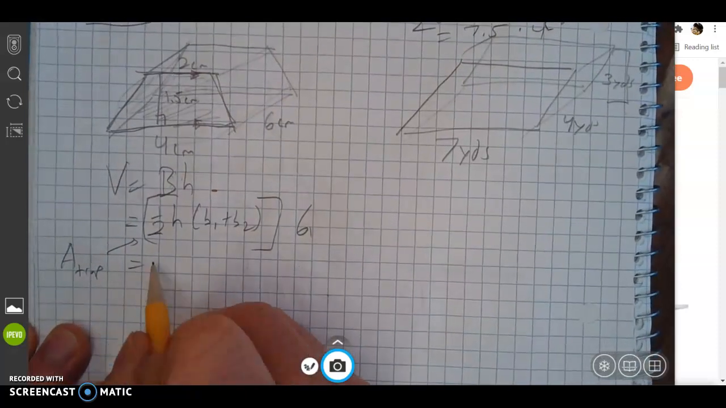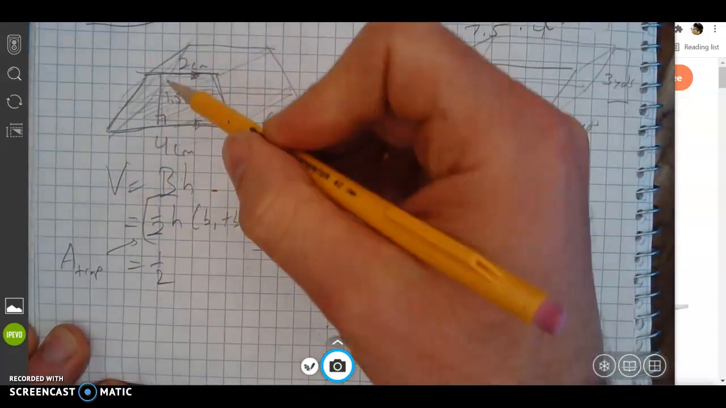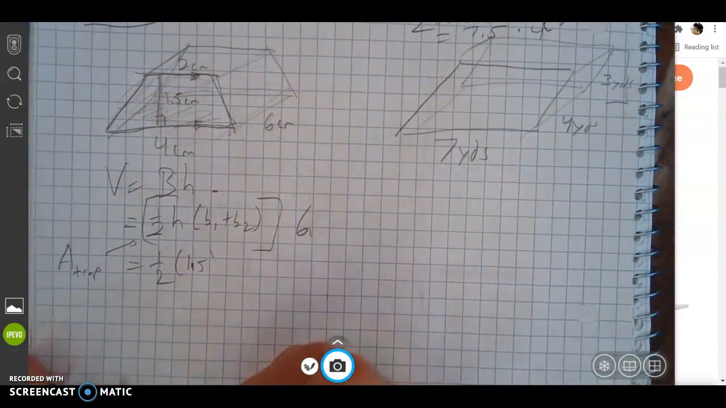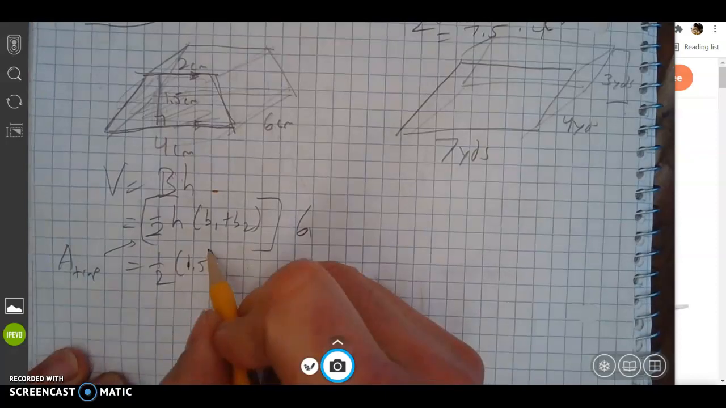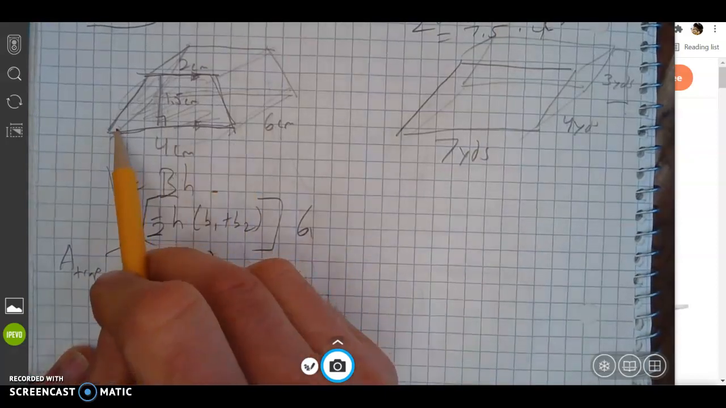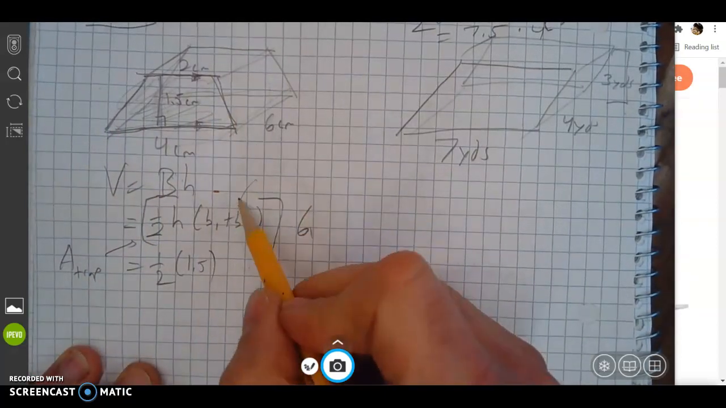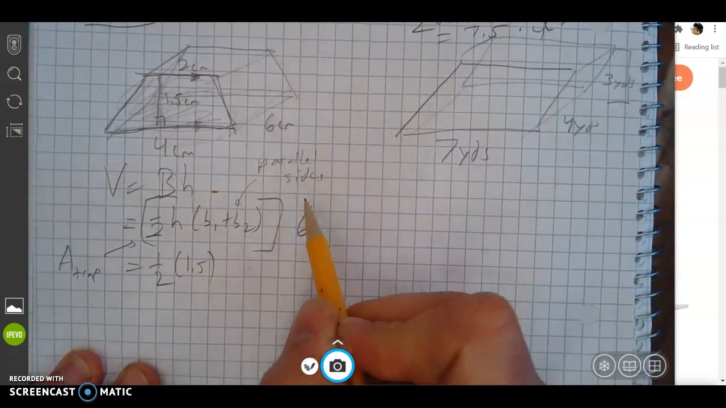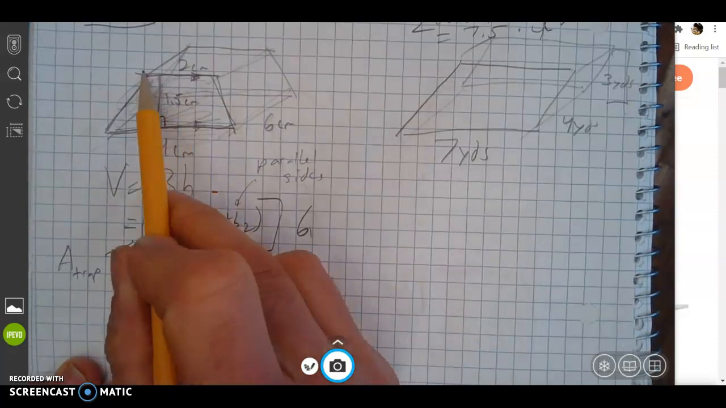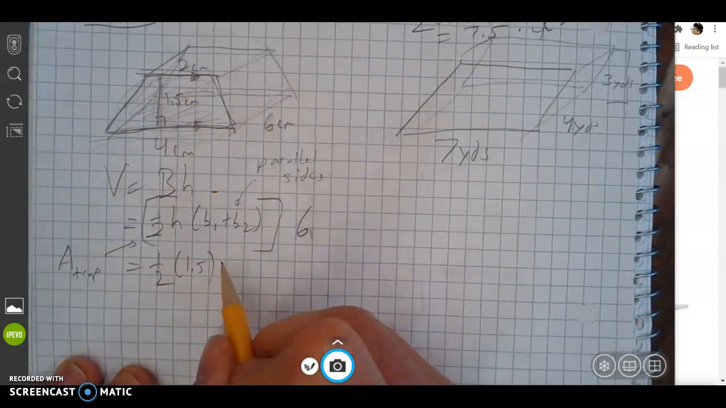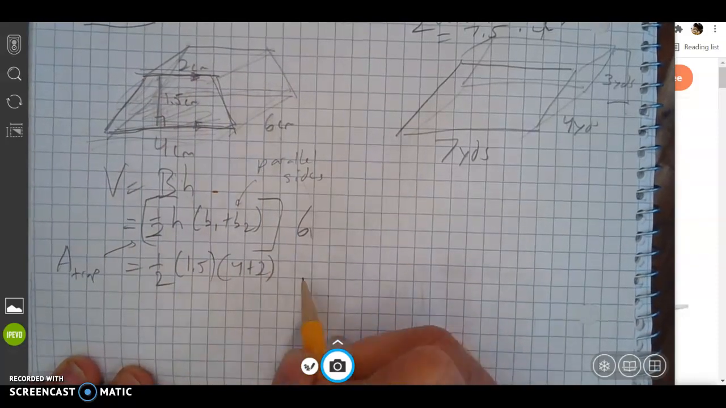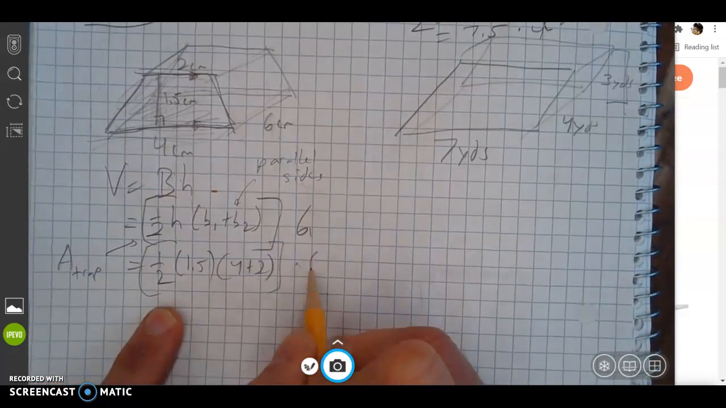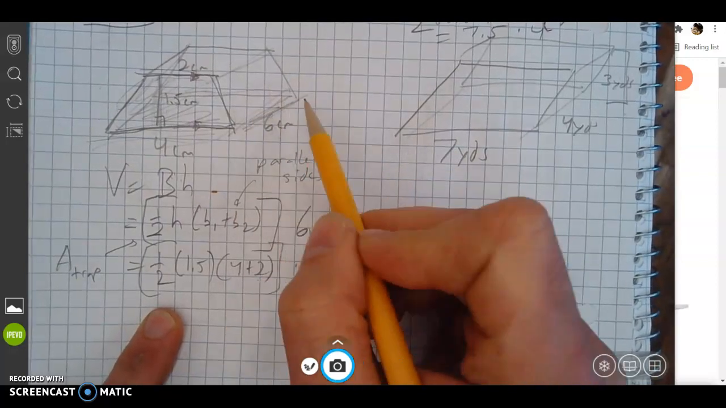All right, let's keep going. 1/2 times the height. What's the height of the trapezoid? Right here, right? 1.5. Oh, broke the pencil. No worries. Base 1 plus base 2. So the bases are the parallel sides. Remember, a little note to yourself. Parallel sides. There you go. So the parallel sides are 4 and 2. So it's going to be 4 plus 2. So this is the area of the trapezoid times the 6, which is the length or the height of the